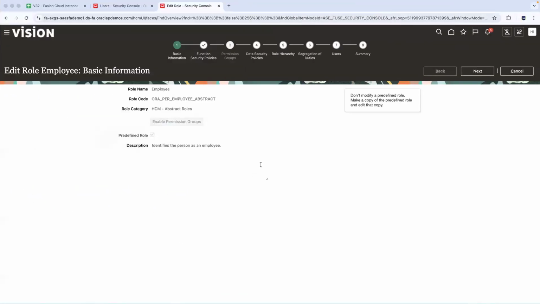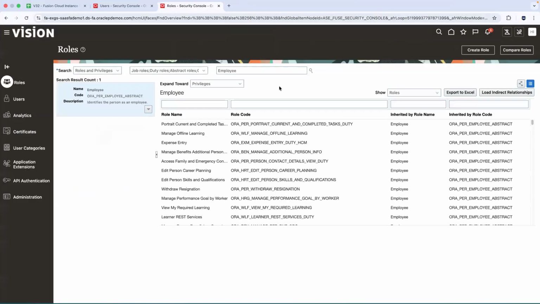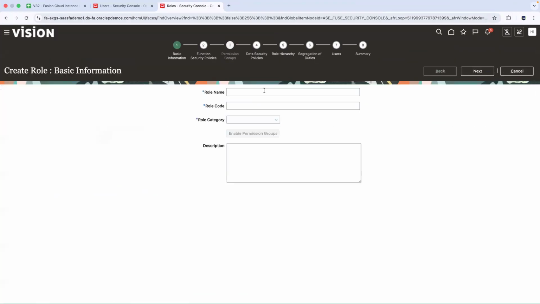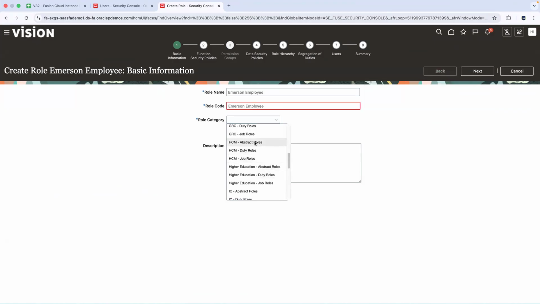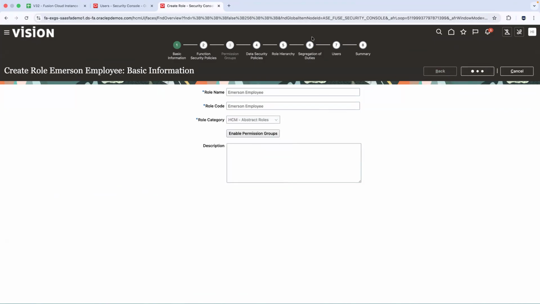But the point is, if you have to create a role from scratch, it's going to take quite a bit of time, guys, because you have to identify all those 45 pages or privileges. See, I can certainly create a new role from scratch. I can cancel this, and I can create a new role from scratch, and I can call it Emerson employee, and I can do it this way. But the point is, when I go to the next screen,